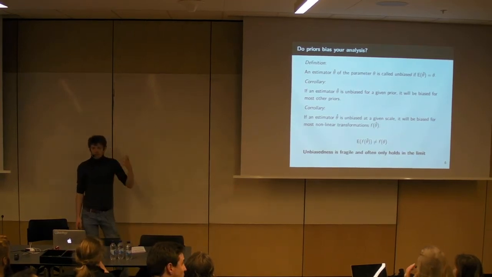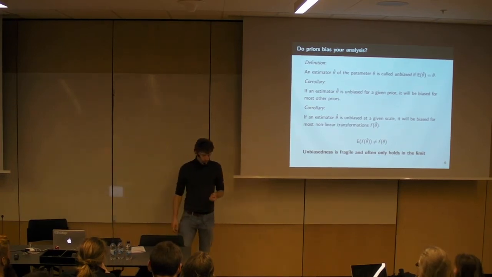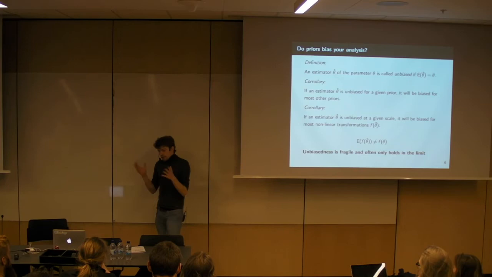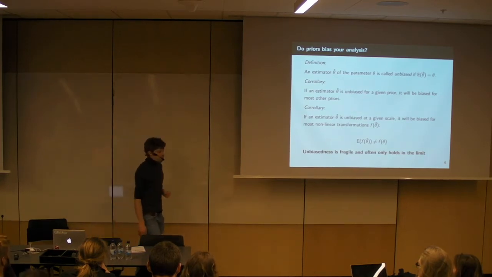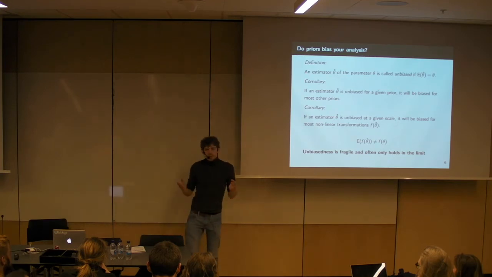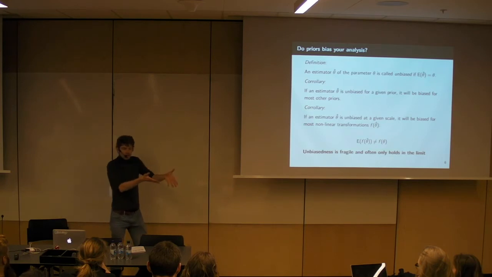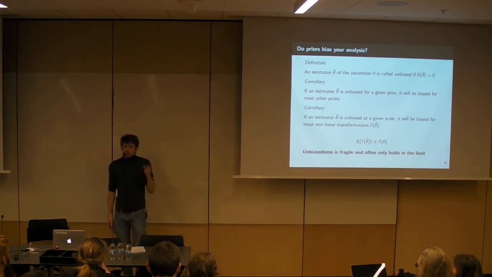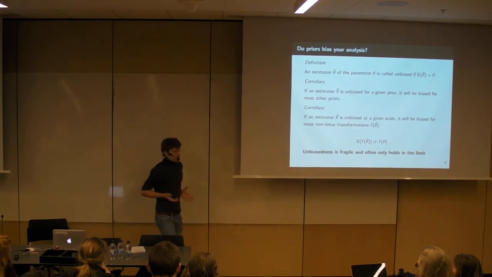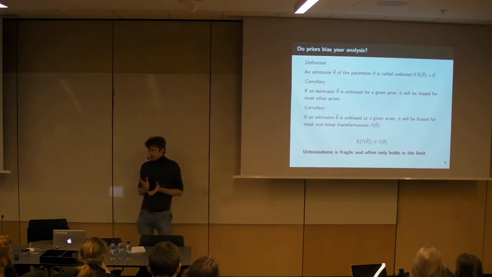For instance, if we have a variance parameter and we want to estimate the true variance in a population, then we know that our usual variance estimator is unbiased for the population level variance. But as soon as we transform it, for instance, using a square root to get to the standard deviation, the classical standard deviation is no longer unbiased, at least for small sample sizes, for the true standard deviation in the population. So unbiasedness is a rather fragile concept.